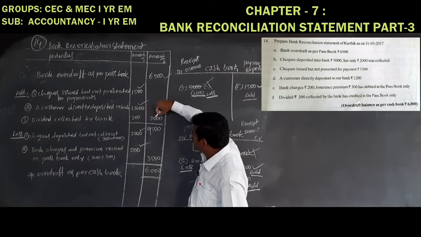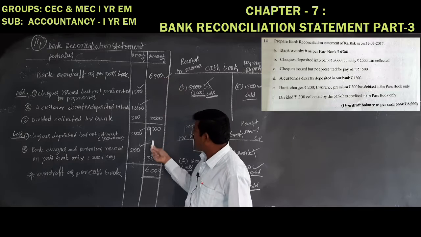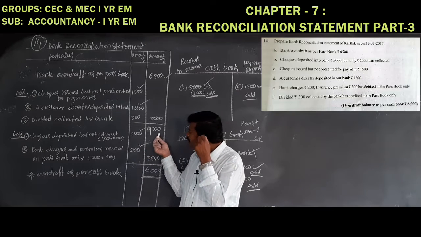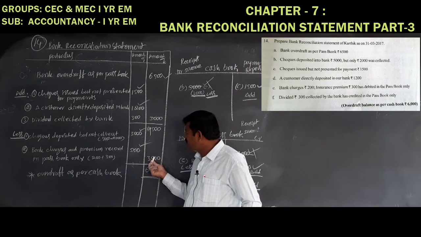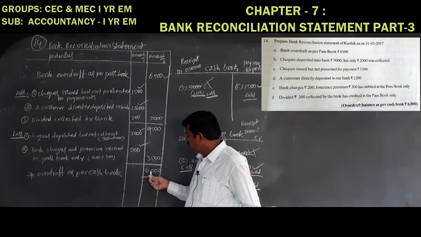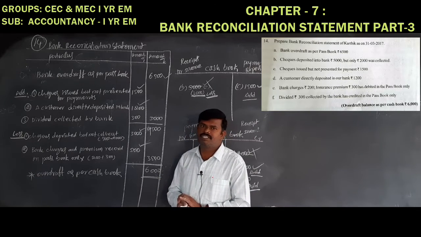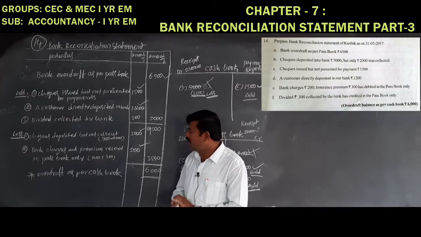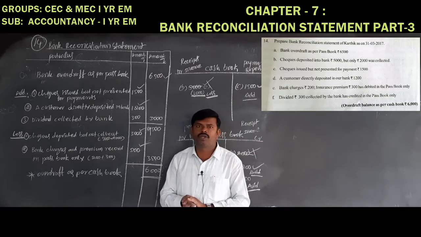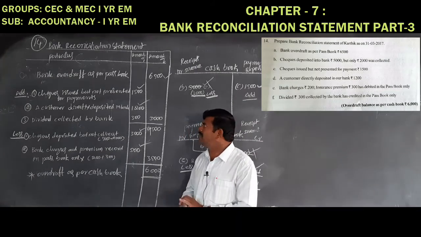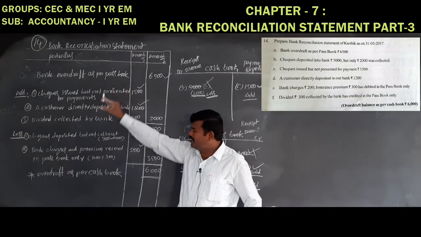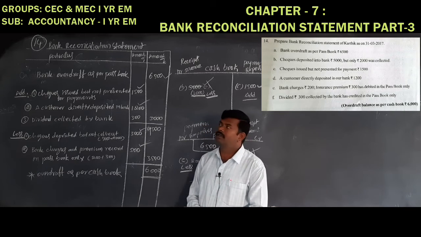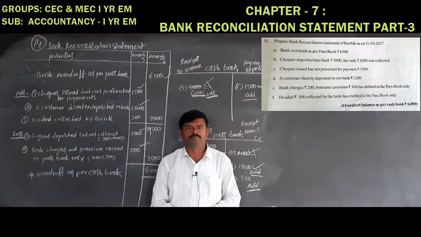Next, what is the total amount? 1,500 plus 1,500, 3,000, 3,000 plus 6,500, 9,500 rupees. From this 9,500 rupees, we deduct 3,500 rupees and the net balance is 6,000 rupees. The result is also called overdraft as per cash book. Why? Because we started with the passbook, so we get the answer as cash book. Remember one thing. This is the 14th problem.